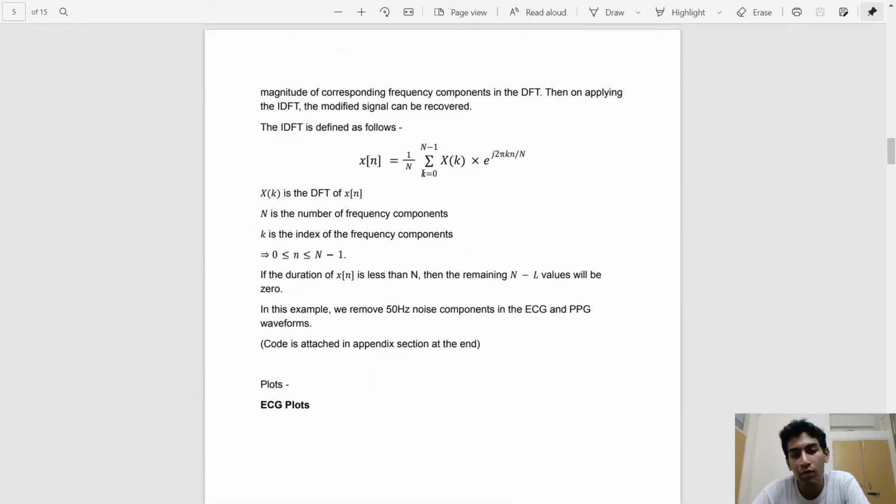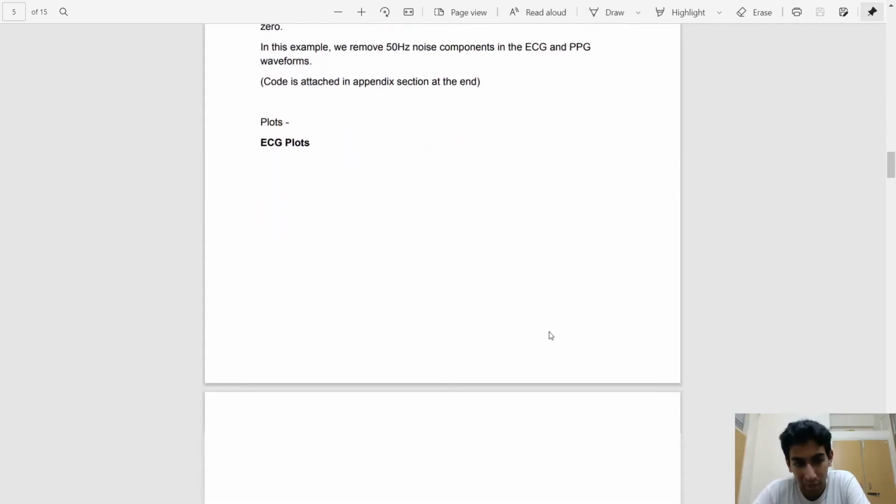But before doing that, we'll set the coefficients which correspond to the unwanted frequencies to 0, so we'll get a better signal. The minimum value of N is L, but if we choose a value of N which is greater than L, then in the recovered waveform we'll get N minus L zeros padded along with the original signal, and then it will become periodic. We take one period of that and get the original signal back.